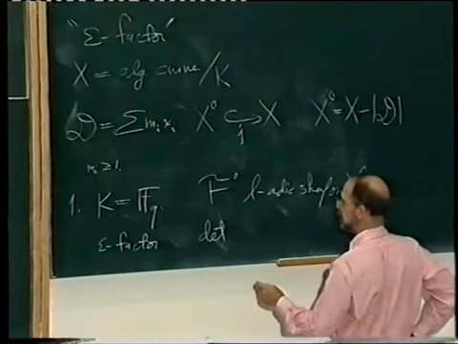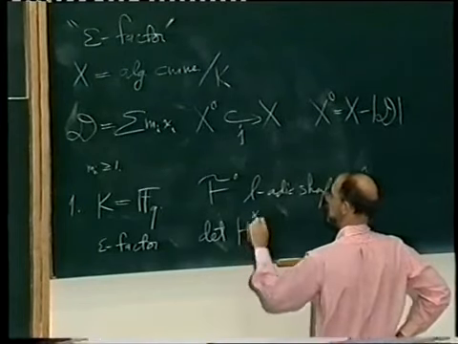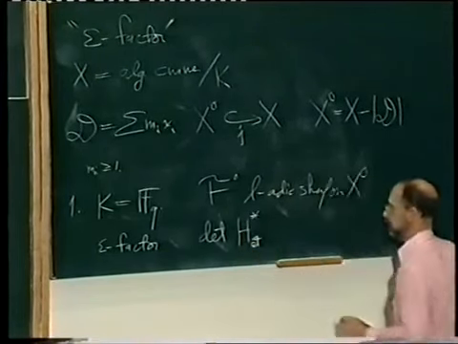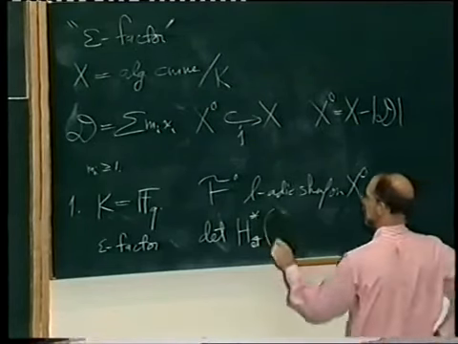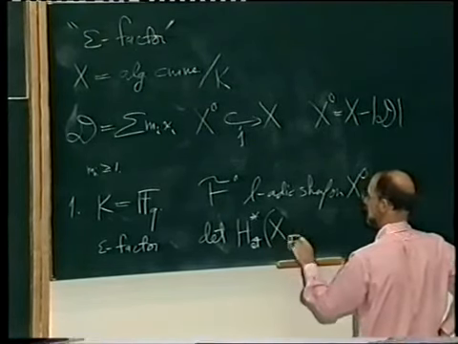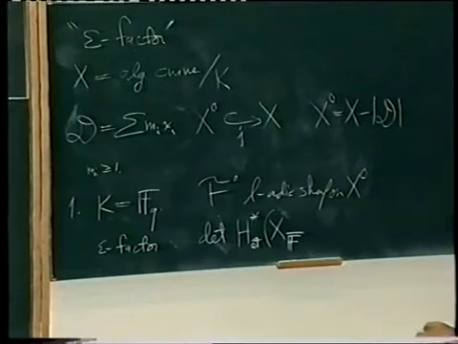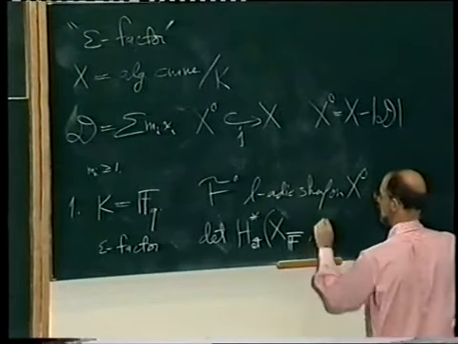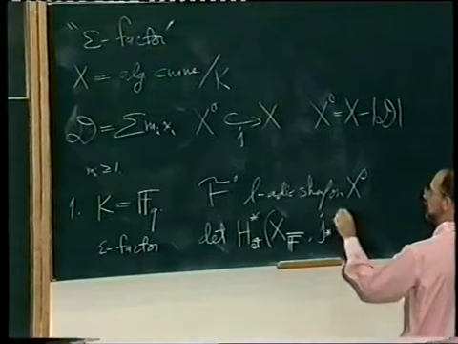Basically, it's the determinant of the cohomology for the étale topology on X, passing to the algebraic closure, and then taking the direct image of this sheaf,